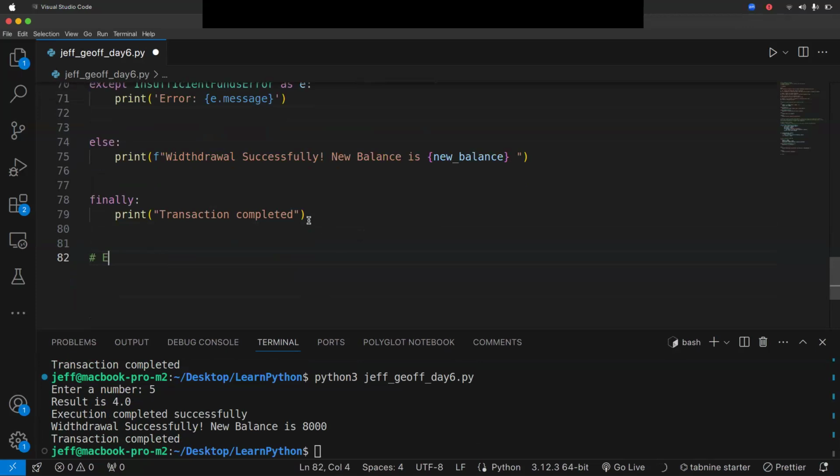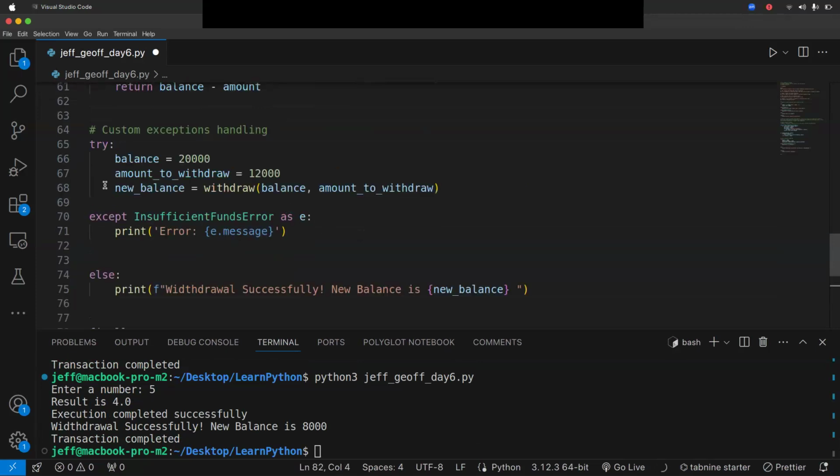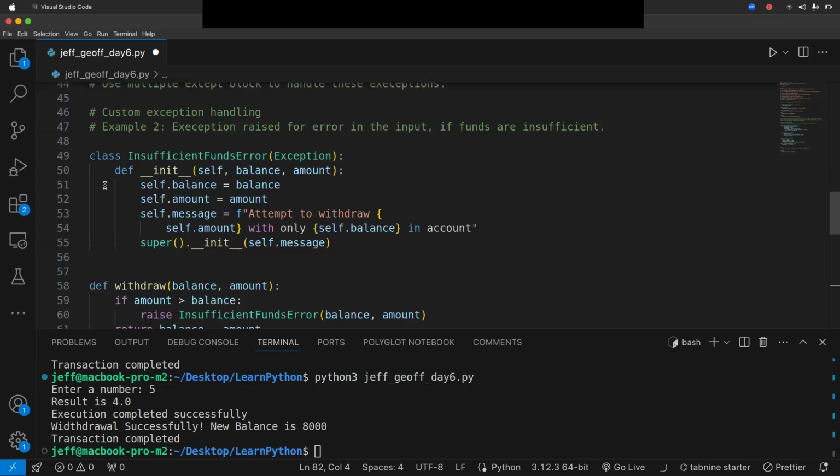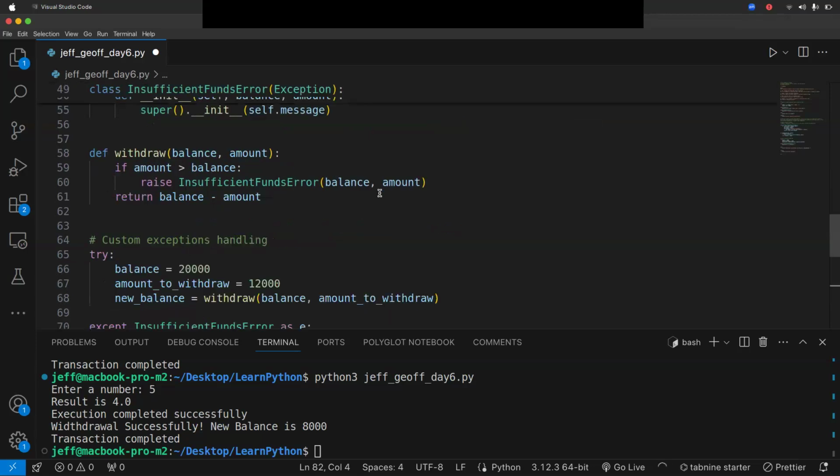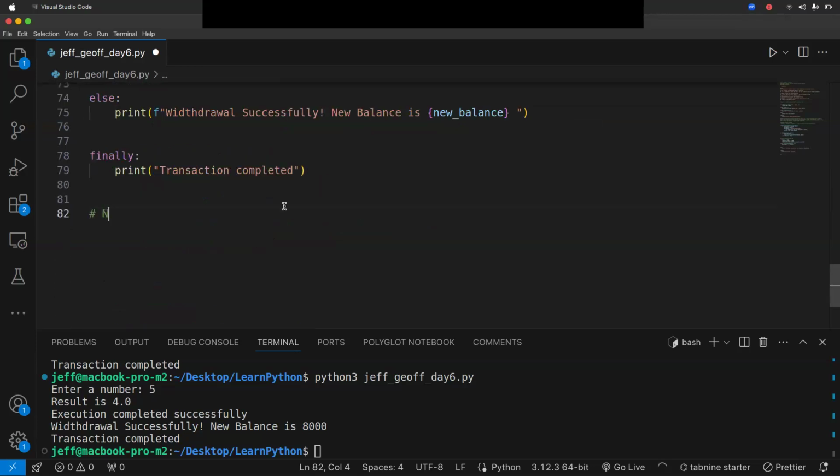Please, the only thing I've tried to do is to use the classes, and I'm going to repeat one more time. The reason why we use the class is basically we wanted to handle a specific error case. Are we together? Then the reason why we define the functions is because we want to use the logic that helps us when we want to withdraw money so that we get that message. Okay? So all this, I can still explain it to you in a simple way. Let me just maybe give you a note before I give you an exercise.